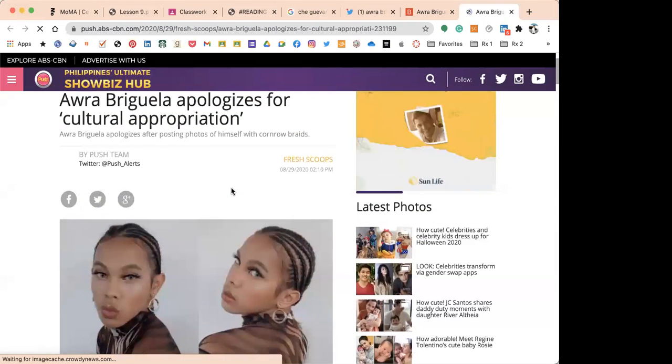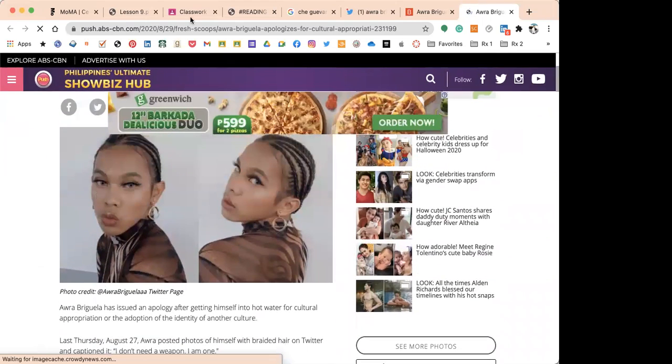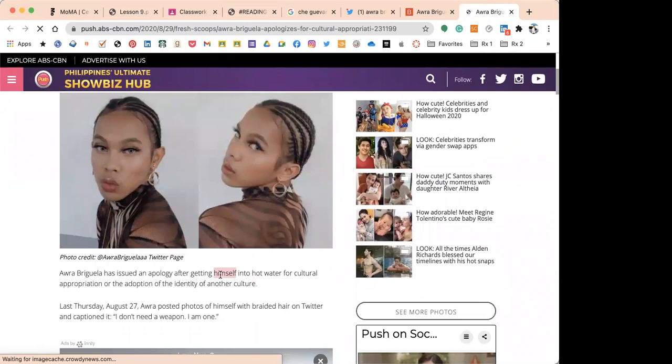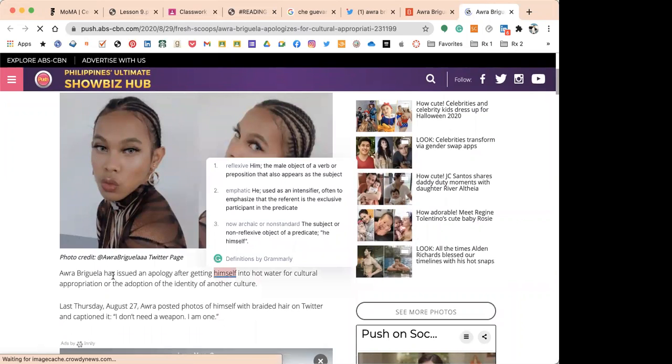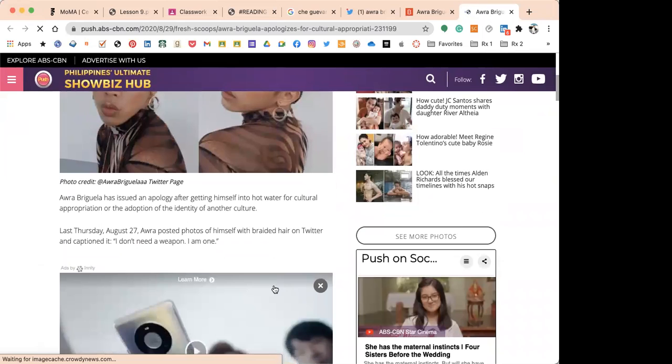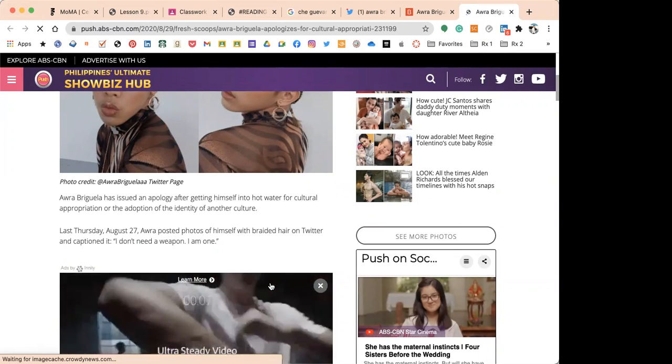I'll teach you something because I'm very sensitive about writing and gender. This is wrong. Aura always considers herself a her, a she. Her pronouns are she and her. This is very wrong. Wrong ito. So pag magsusulat kayo, you follow her pronoun. It's not a him. So Aura issued an apology after getting herself into hot water for cultural appropriation for the